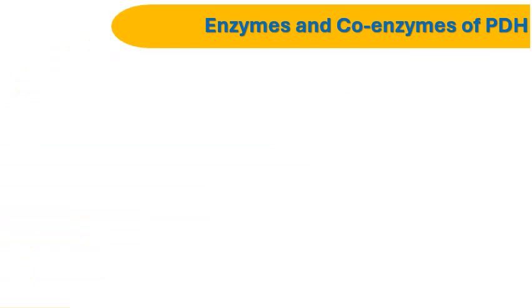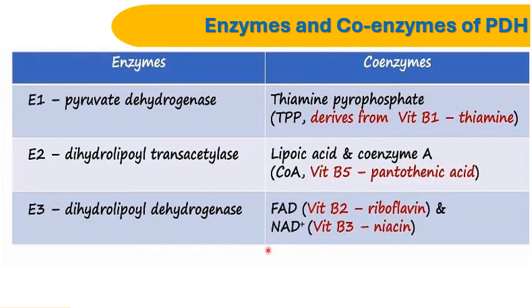So, what are these enzymes and the coenzymes? Number 1, the 3 enzymes are designated E1, E2, E3. Now, E1 is known as pyruvate dehydrogenase, and the coenzyme that it contains is thiamine pyrophosphate. Thiamine pyrophosphate is gotten from thiamine, which is vitamin B1. The second one is E2, which is known as